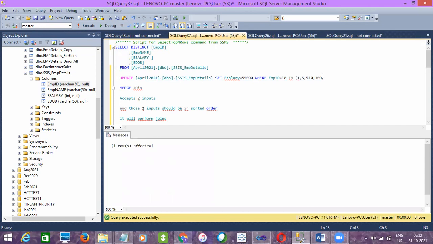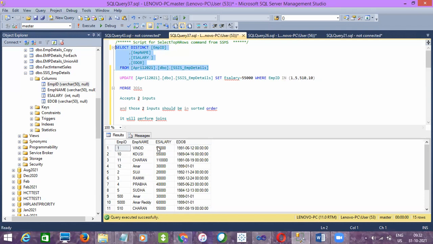Right? So now I changed the values for 4 employee IDs: employee ID 1, employee ID 10, employee ID 510, and employee ID 5 as well. All right. So 4 salaries have been changed.